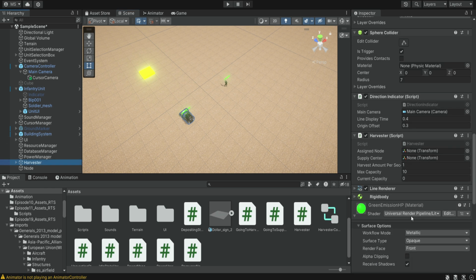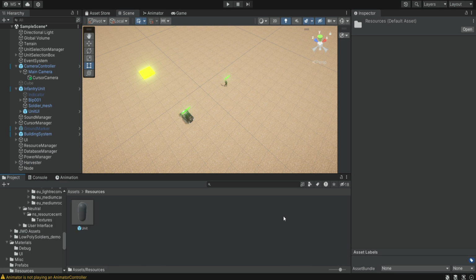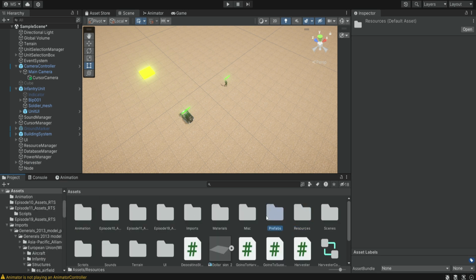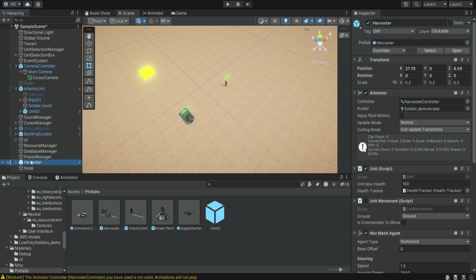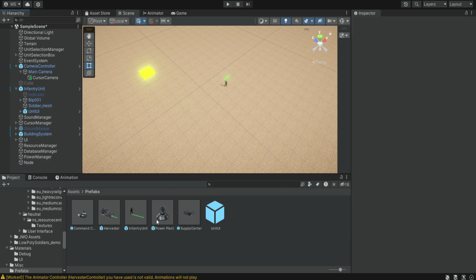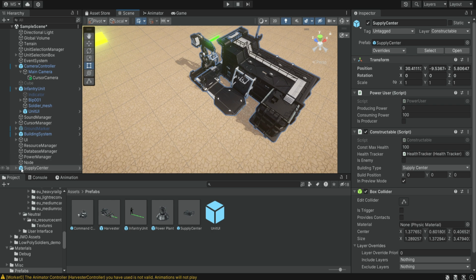Let's make sure everything is fine here. Let's make it into a prefab. Let's go into our resources, prefabs. Let's remove it from the scene. And now we are going to drag the supply center and drag